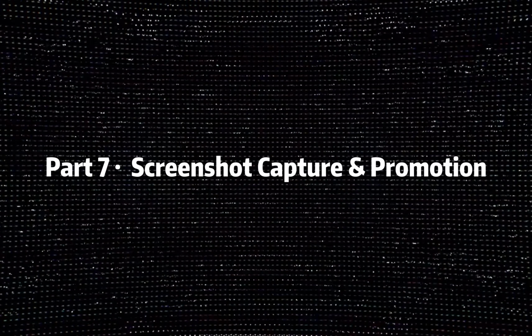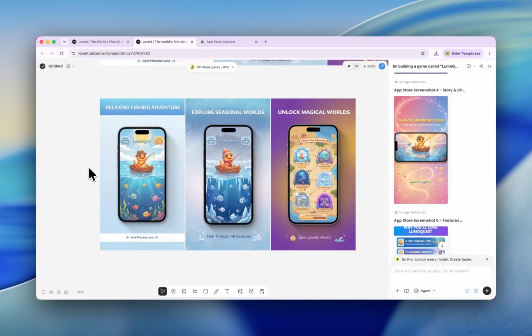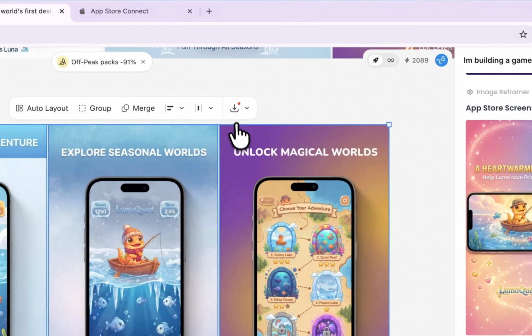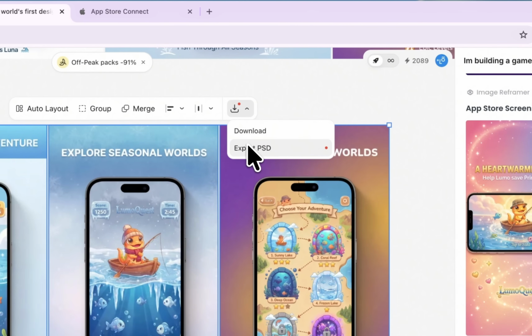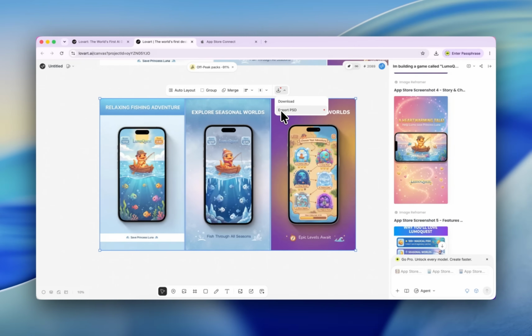And going back to Lovart and select our screenshots like this. And let's type our prompt to ask. Okay, let's send. Yeah, now we have generated the screenshots that are required for uploading to the App Store. We can download them all together, just select them all, click this button. And you also have the option to export as a PSD file so that you can make faster tweaks on